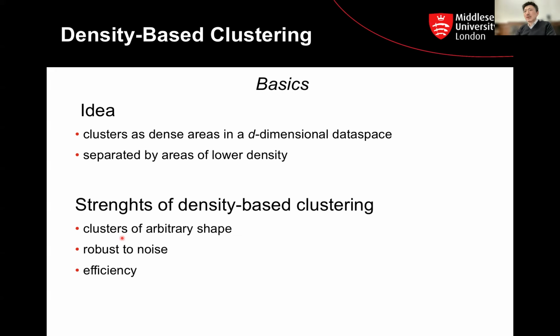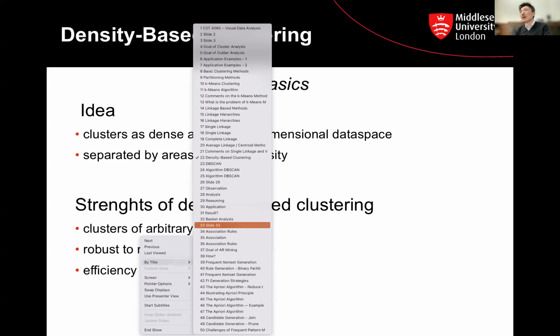Okay, and the advantage is that you can use this to cluster data of arbitrary shapes, and it is more robust to noise, because the noise will be further away or in an area of low density, and it will not be included. It's also faster to run compared to the hierarchical, linkage-based method. And relatively speaking, if we go back here,